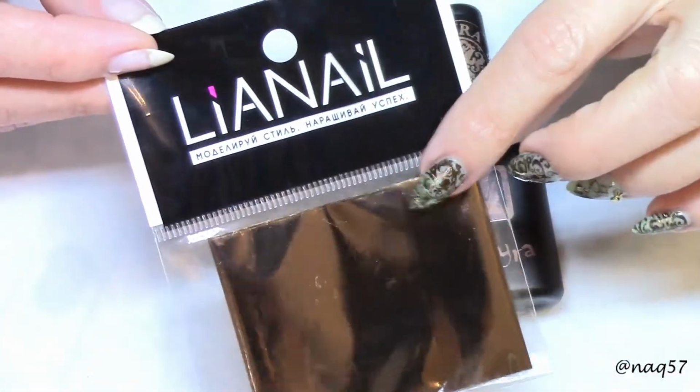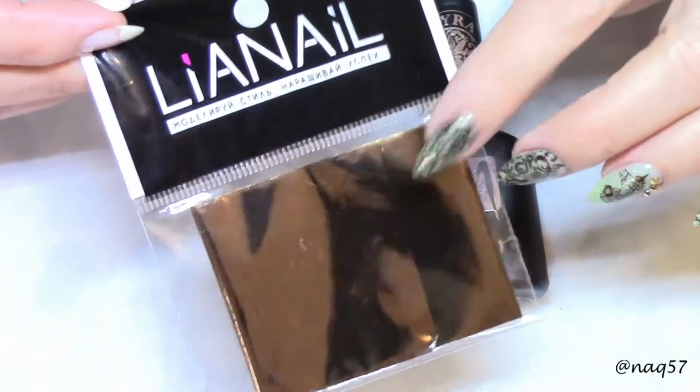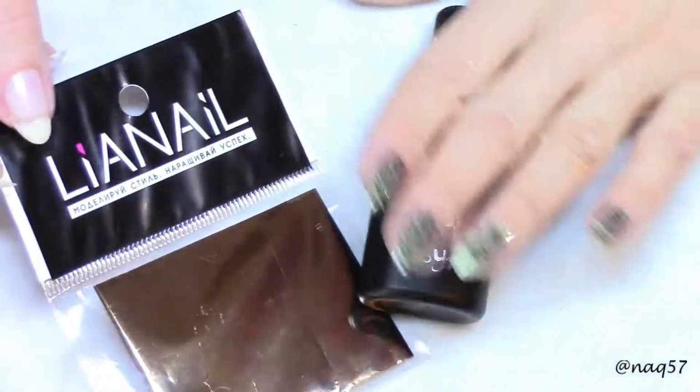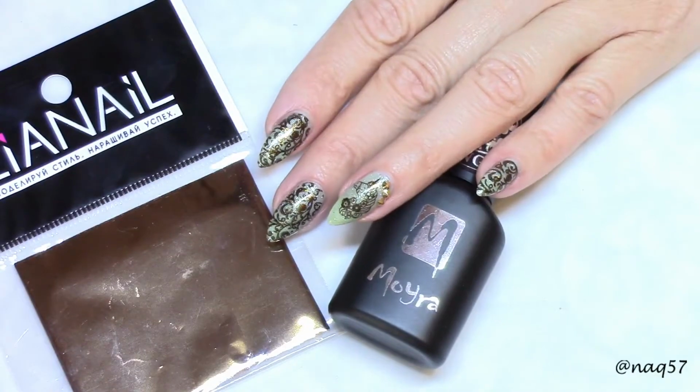So I need to get my hands on more good quality foils, because this is the only one that I have available. Anyway, I will go ahead and leave you guys with the tutorial,